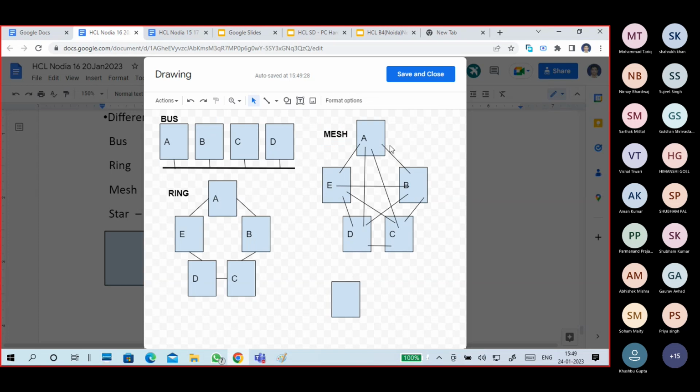This is the mesh topology. Here it is very complex. See how much wiring we have used. Every device is connected to all other devices, and it is a complex connectivity. Okay, next one is